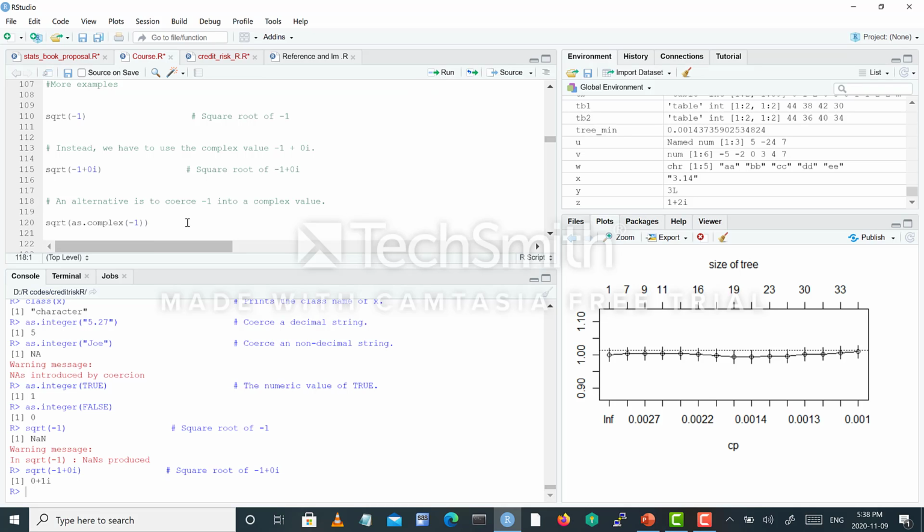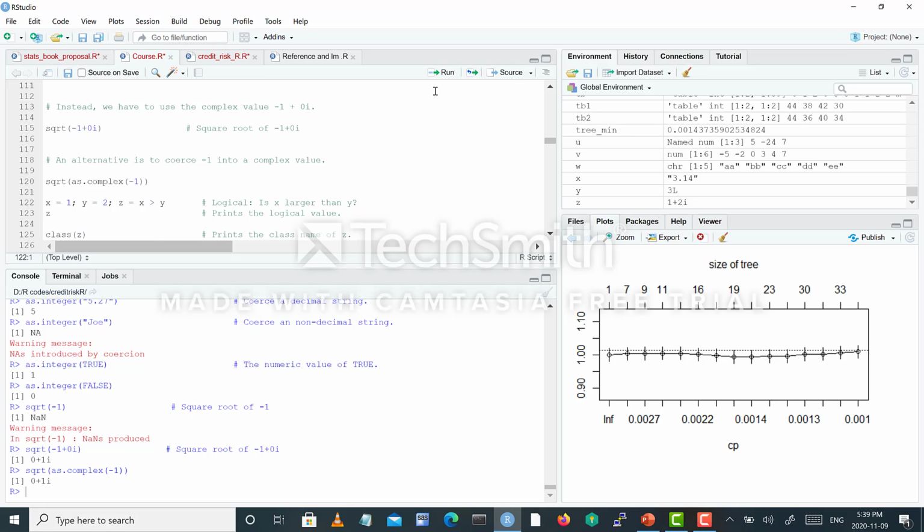An alternative is to coerce minus 1 into a complex value. sqrt as.complex minus 1. This also works. Logical expressions. Is x larger than y? Print the logical value. x equal to 1, y equal to 2, z as a logical expression. If x greater than 1,